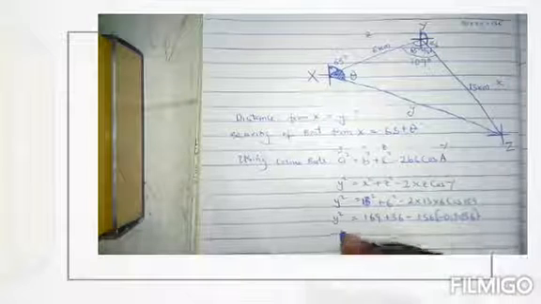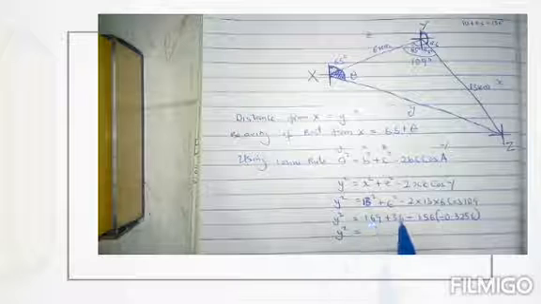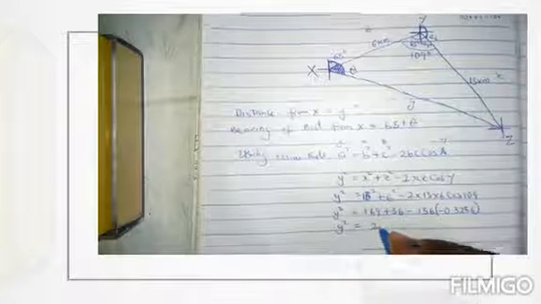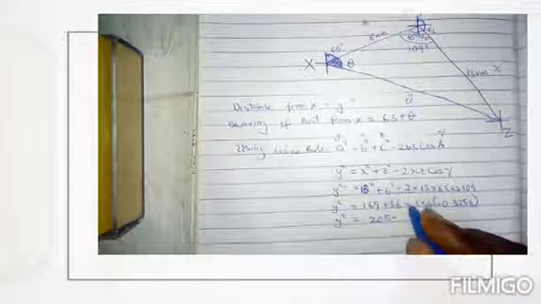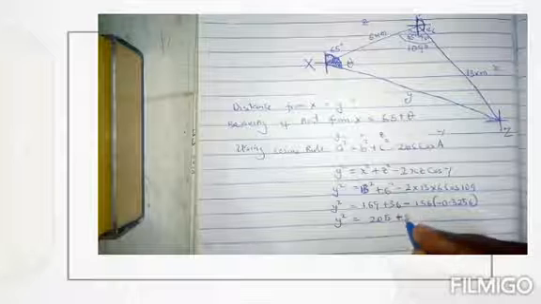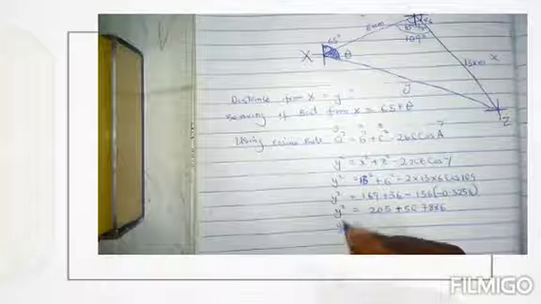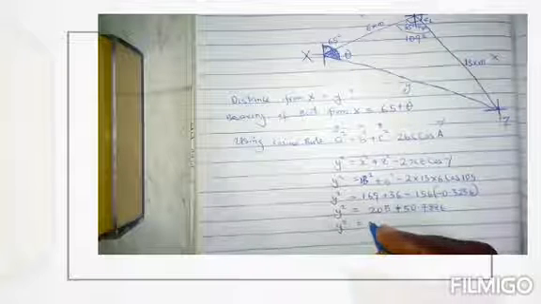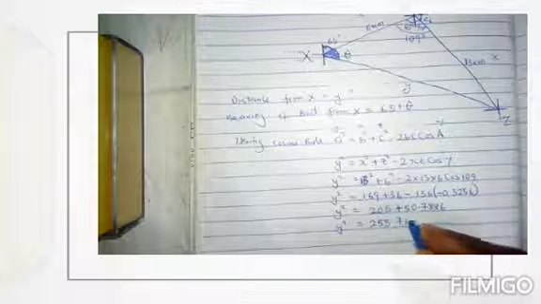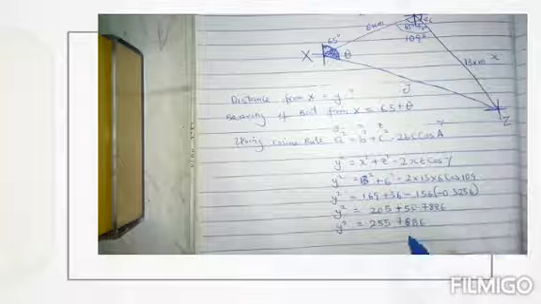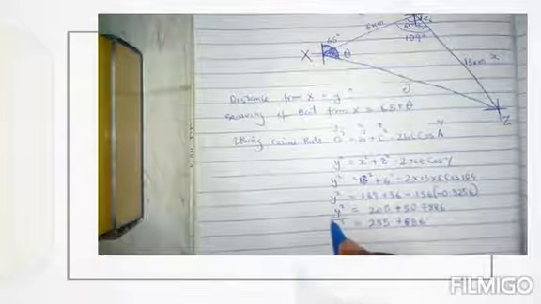So when you compute this, don't forget to add these two separately. That will give you 205, minus, and when you multiply minus times minus, it gives you plus. Then multiply this by this, it's going to give you 50.7886. So when you add them together, it becomes 255.7886. Take the square root of both sides